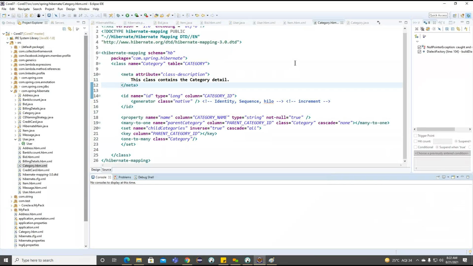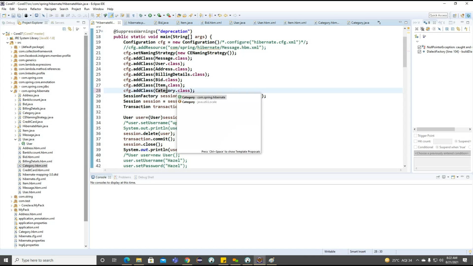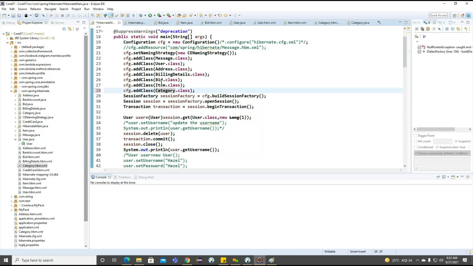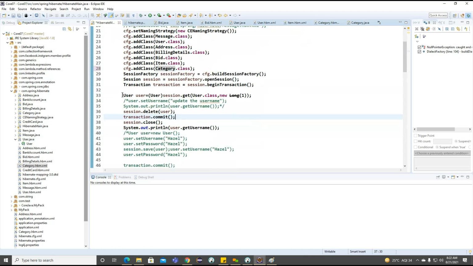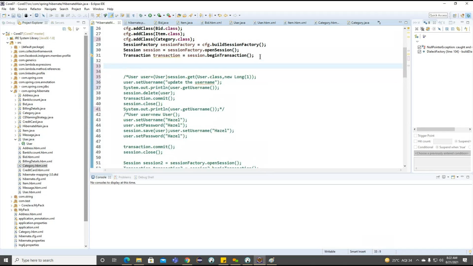Okay, now go for the main class. We are not having the category section here. Okay, so we created category here, and I want to comment out these sections of code here.